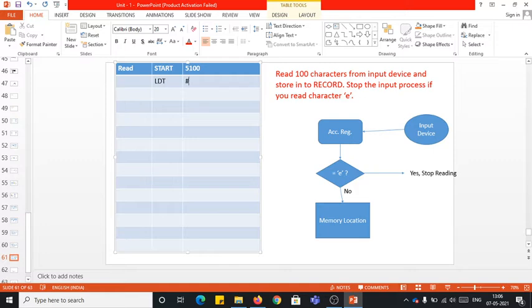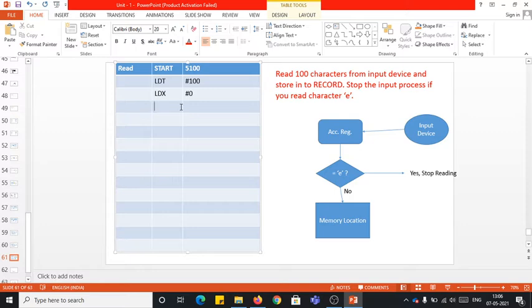LDT #100, followed by initializing the respective register, LDX #0. LDX is being initialized with 0.